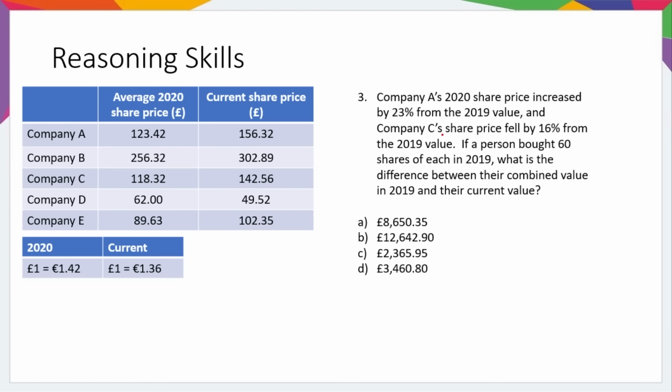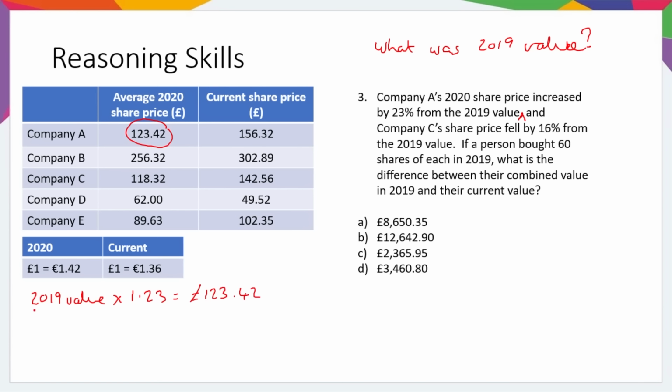Company A's 2020 share price increased by 23% from the 2019 value. So here I'm going to ask myself that question. Okay, the question is, what was the 2019 value? Because that's obviously going to be useful later on. So we know that the 2019 value was increased by 23%, so it was multiplied by 1.23. 1.23 is our multiplier for a 23% increase. And that resulted in it now being valued at